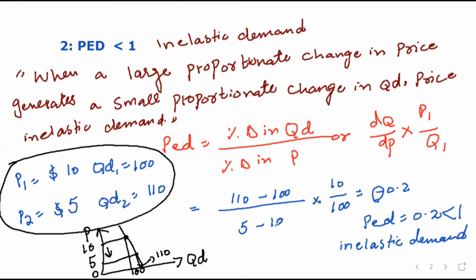For these types of demand, if you want to take an example, the day-to-day need goods that we use on a daily basis, wheat, bread, or anything that we need to eat on a daily basis. These demands are inelastic because whether their prices are increased or decreased, we have to use these things in any case. That's why their demand is inelastic.